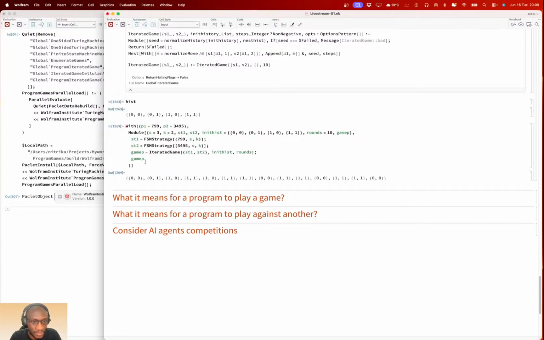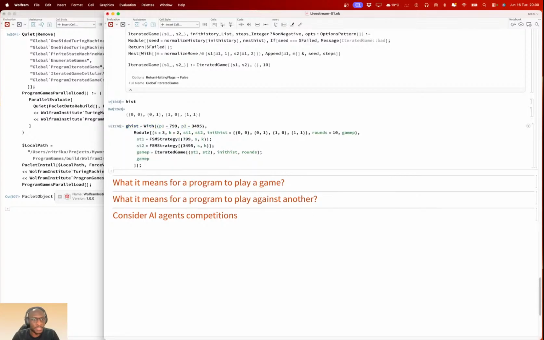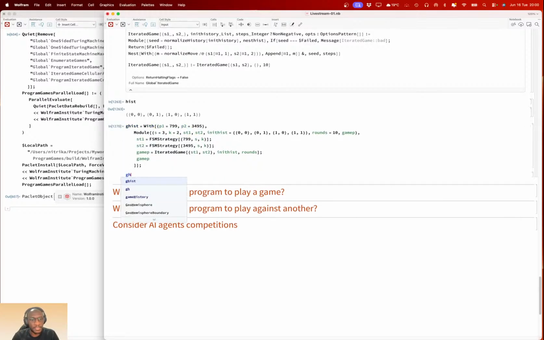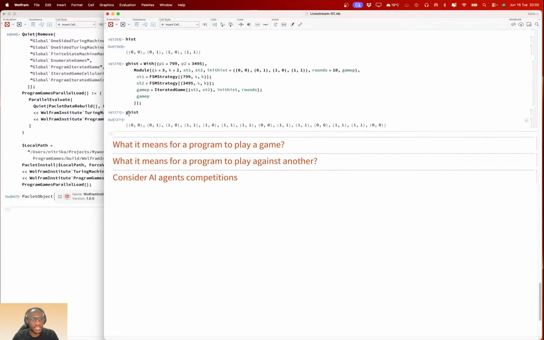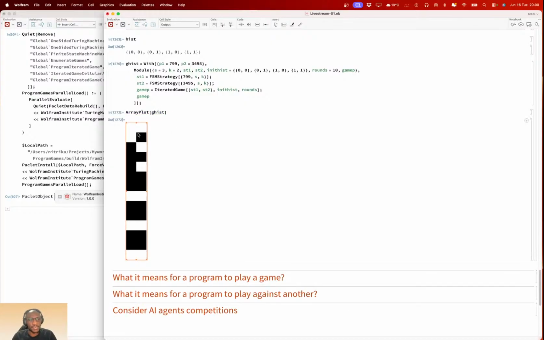So let's try to visualize these two. Game history. Once we visualize this, I think you'll get a sense of it. So let's just do an array plot of this, and you will see the moves these two players are making.